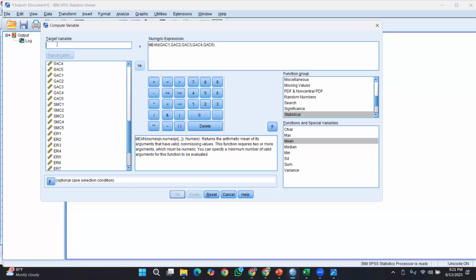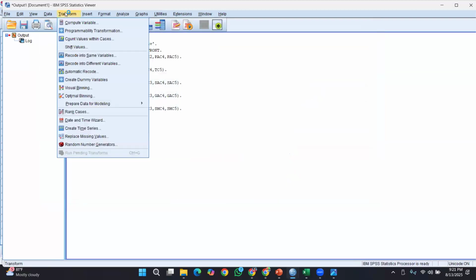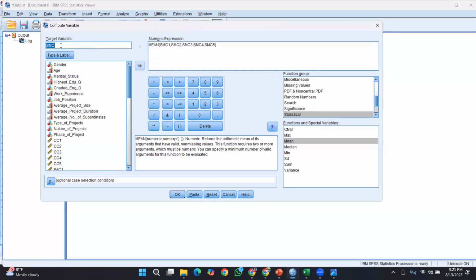Now strategic management competency. Right. Now the dependent variable, employee resilience.